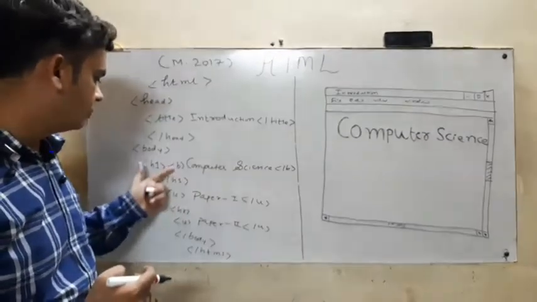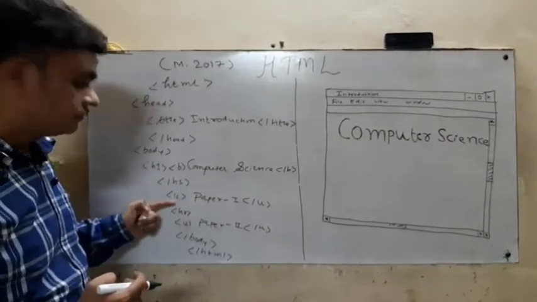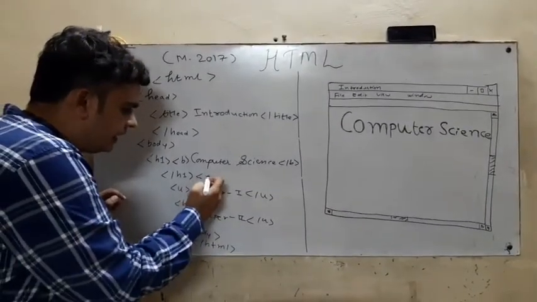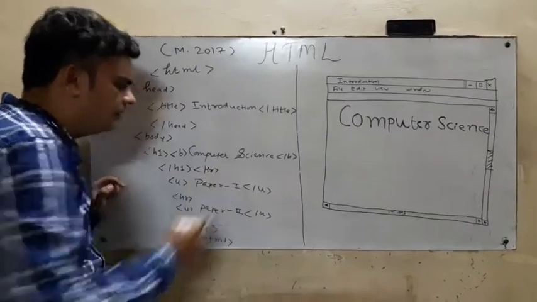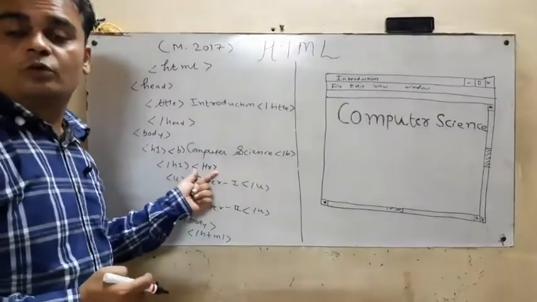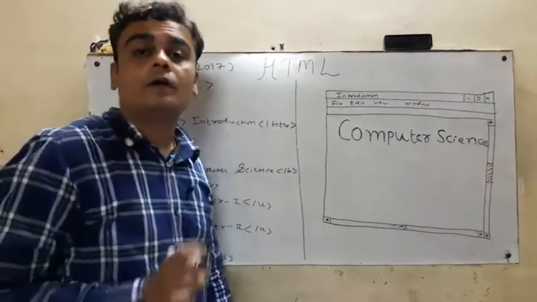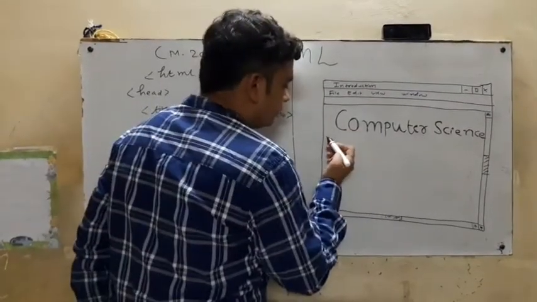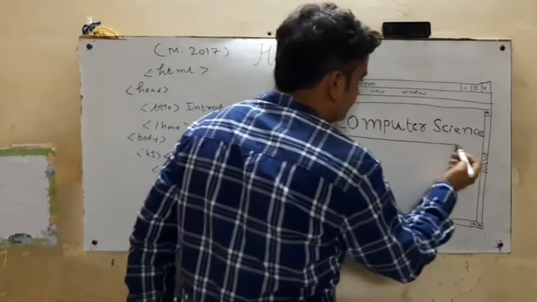So this is the termination of this tag. Thereafter they used the U tag. But suppose here I am going to add another tag, HR. This is for practice purpose. Now what is the role of this HR tag? It will draw a horizontal line in my web page. So how will it draw? It will look like this.